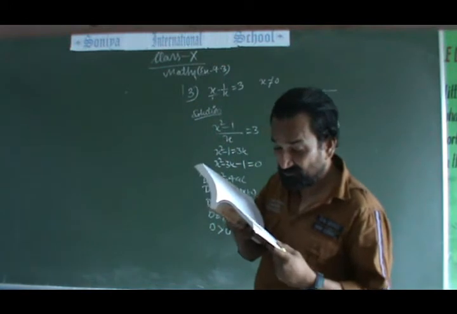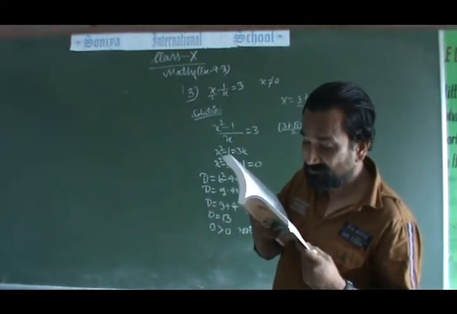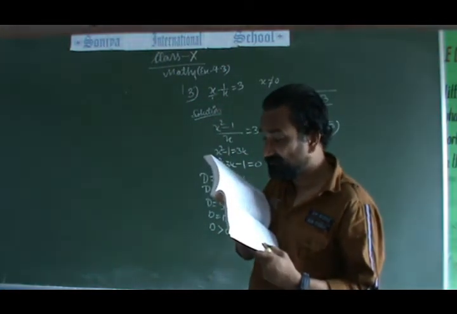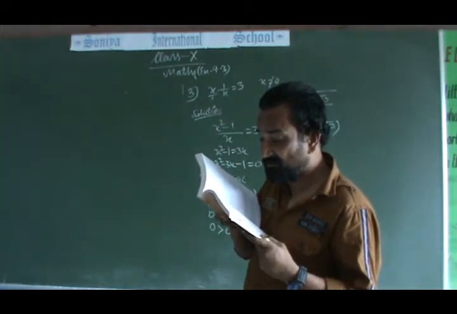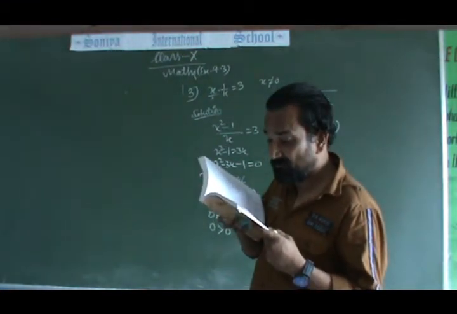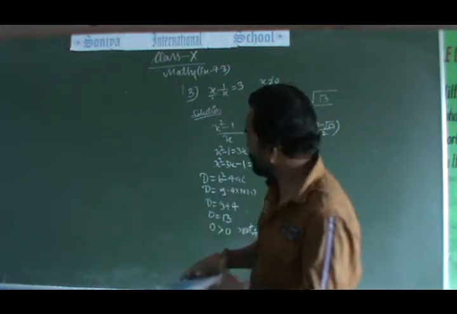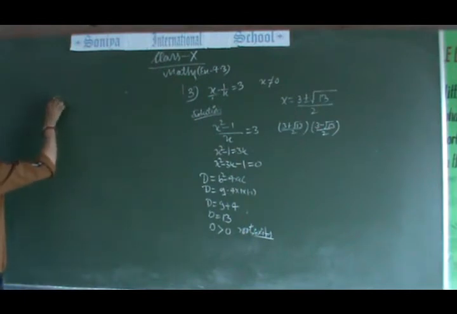Printing is not clear. In a class test, the sum of Shefali's marks in mathematics and English is 30. Had she got 2 marks more in mathematics and 3 marks less in English, the product of their marks would have been 210. Find her marks in the 2 subjects. Okay, see the solution of question 5.